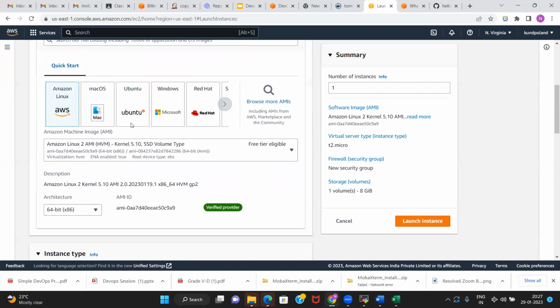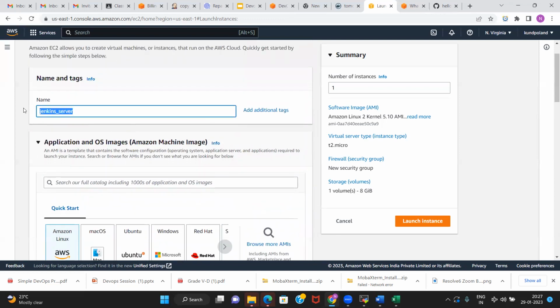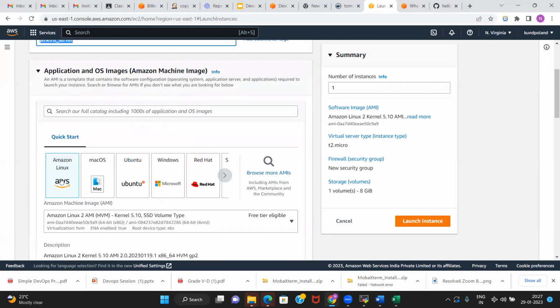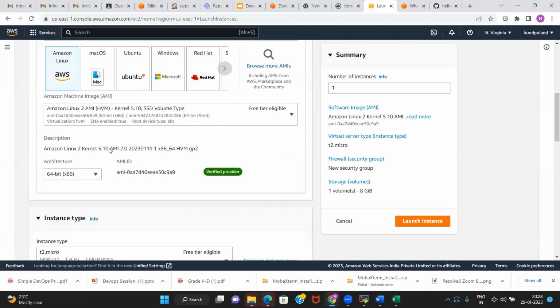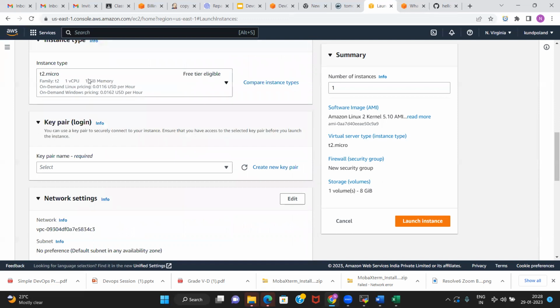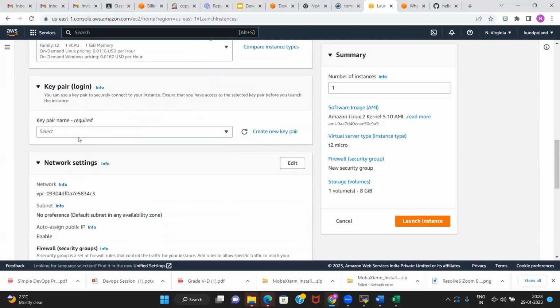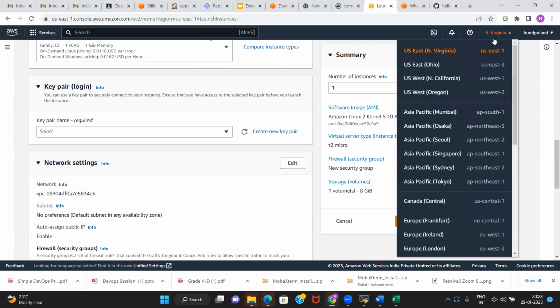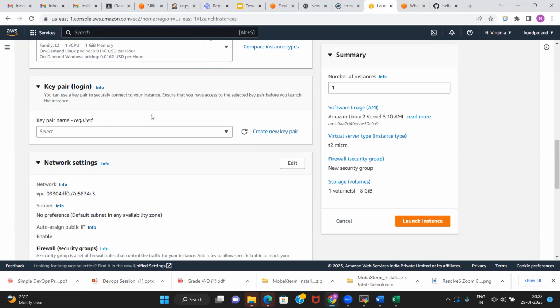So we have named the instance and chosen the AMI, Amazon Machine Image, basically the operating system and some basic software. Then we have chosen the hardware configuration, mostly RAM and CPU. And now the key pair login. You will be connecting to your virtual machine, and you don't want someone else to connect to it, right?